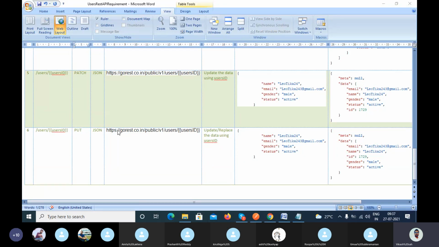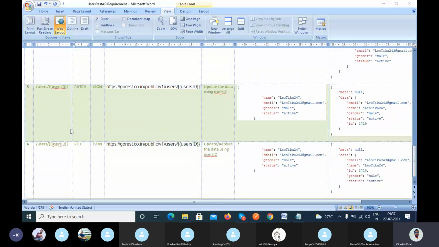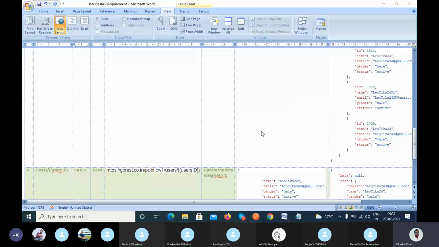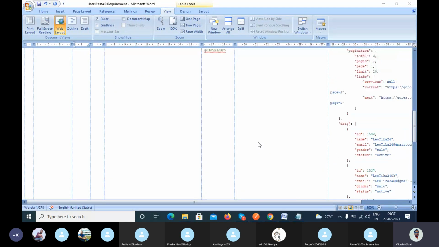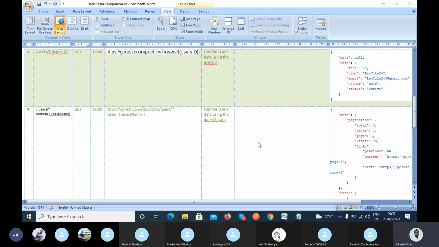And one more thing, guys, that I want to do right now. The patch I will discuss in tomorrow's class because time is already over. So in tomorrow's class we will discuss another requirement. In that requirement we will create a JSON server on our local machine, because when I'm using the free